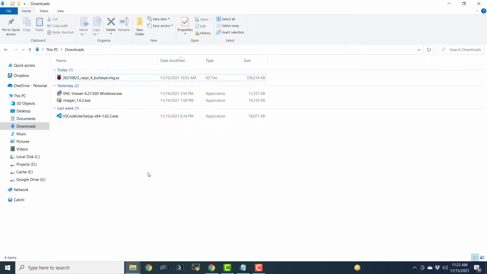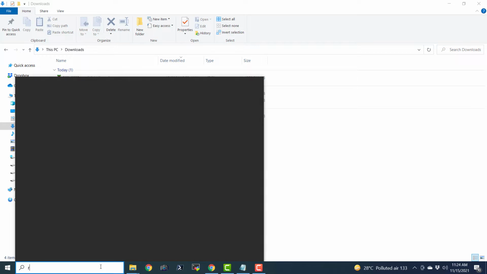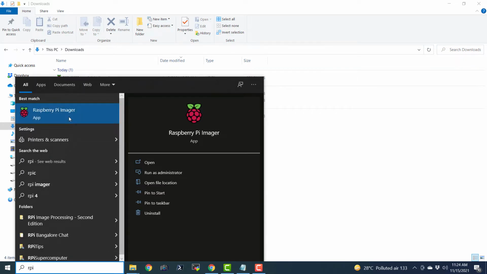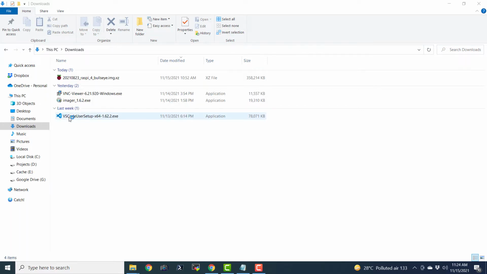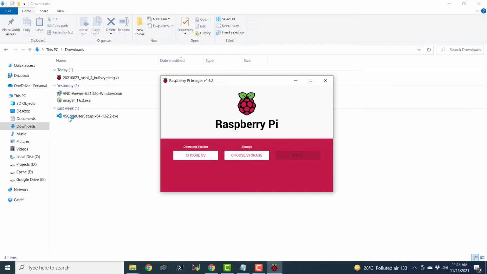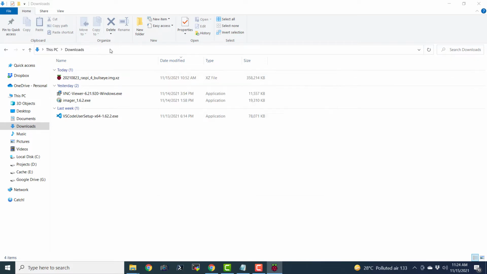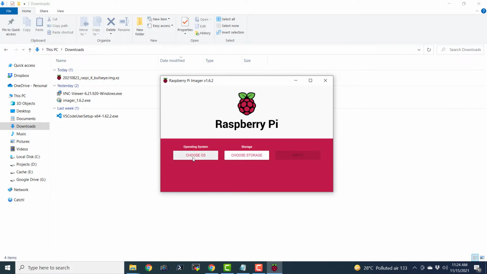Now, once the image is downloaded, you just open the RPI Imager. This program is going to require elevated credentials, so it is going to ask you for credentials to launch. Now we are going to choose the operating system. I'm just going to go ahead and copy this path. Was it possible to copy that path? Okay, we will actually browse, don't worry.